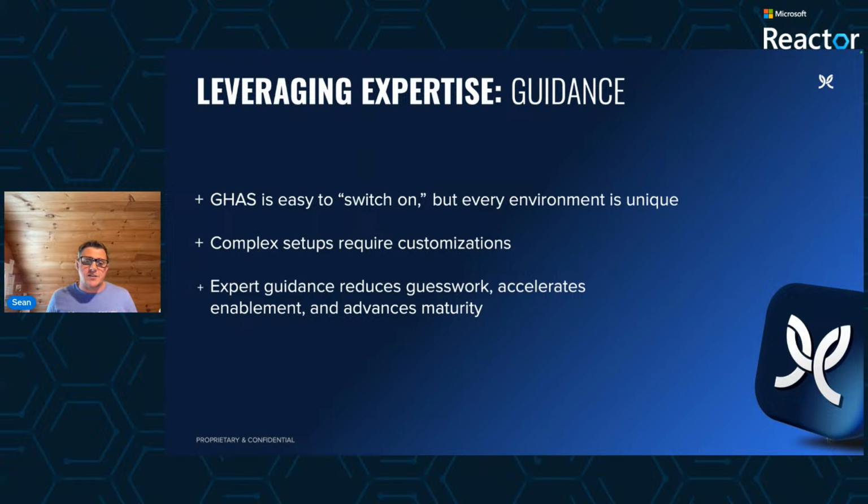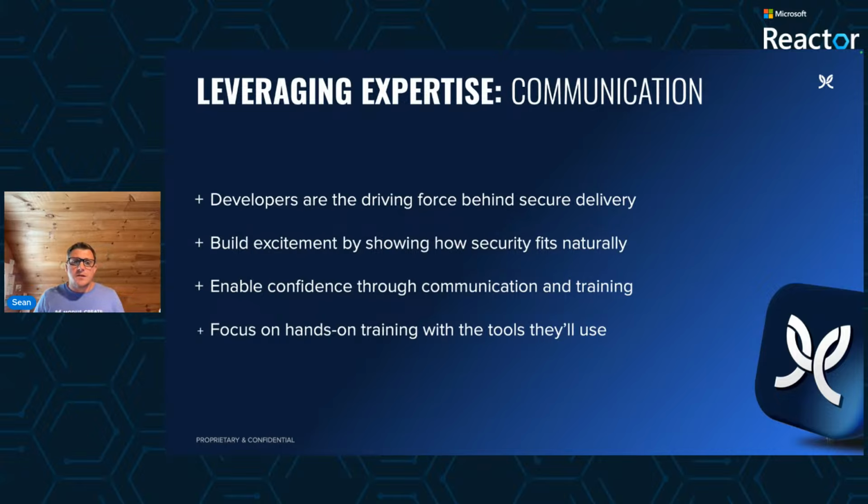By combining structured guidance with automation, we helped them scale GHAS adoption in a way that matched the complexity of their environment. Instead of forcing developers to adapt to rigid security controls, we built workflows that integrated naturally into their existing pipelines, automated the enforcement of baseline configurations, and customized dependency management policies to fit their operational needs. This approach not only reduced developer friction, but also ensured that security became an enabler of business outcomes rather than a blocker, allowing their teams to deliver software faster while maintaining the right level of protection.